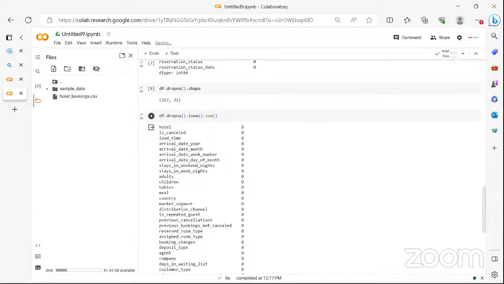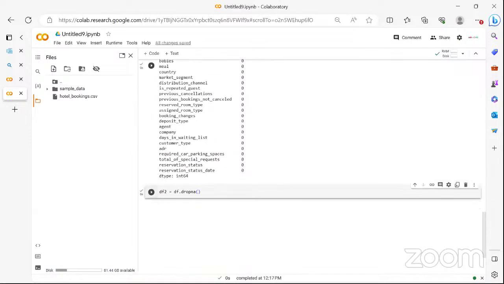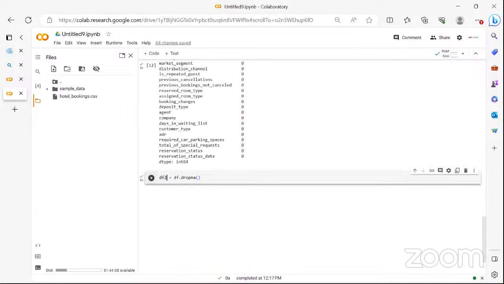That's why the changes you have made are not permanent. So that's why now, if I want to have a reference to the data set where I have dropped those values, I have to use a variable to store the new drop value. Another option that we can use is to say